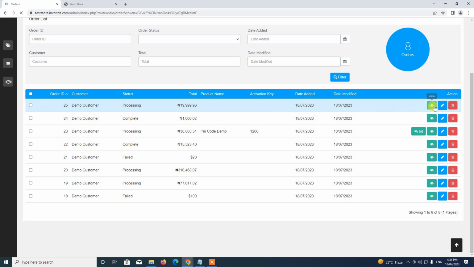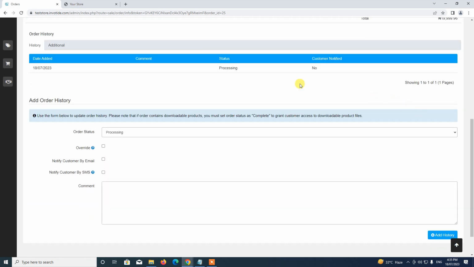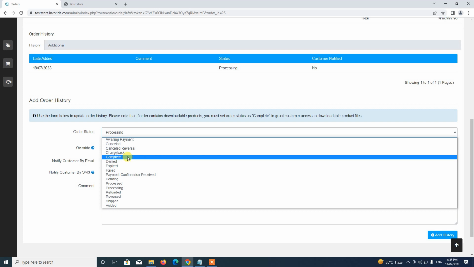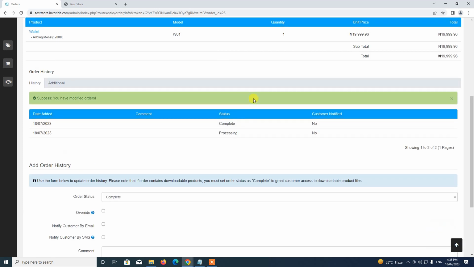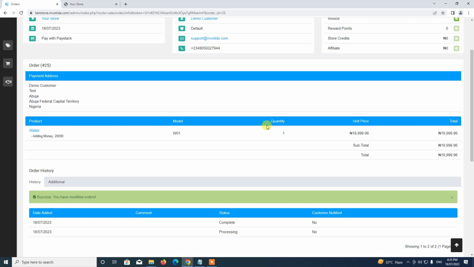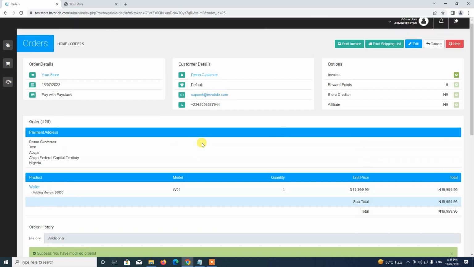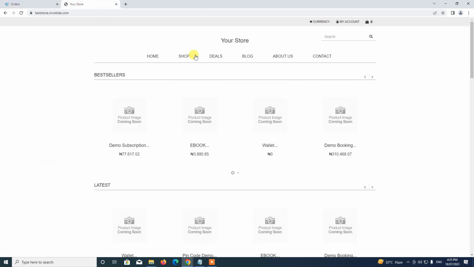So what we do next is we go ahead and click on the view button here, and then update the order status to complete. All right, so now that we have updated the order status to complete, the amount will now be transferred to the customer's wallet. To confirm this, we go back to the storefront end,